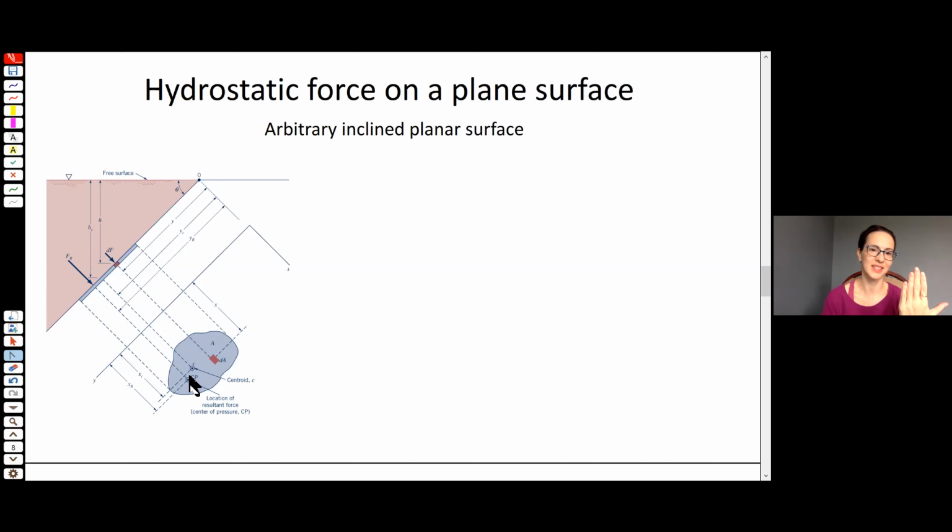And so because this shape is experiencing a non-symmetric pressure distribution, the center of pressure is not at the same location as the centroid. All right, well, there's a bunch that we can do here. For any depth h,